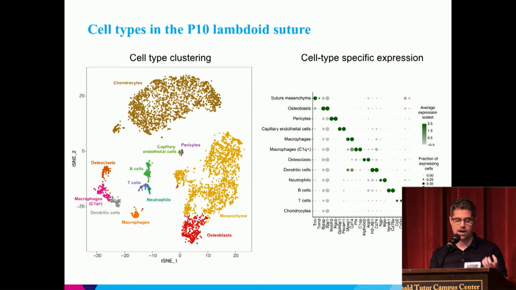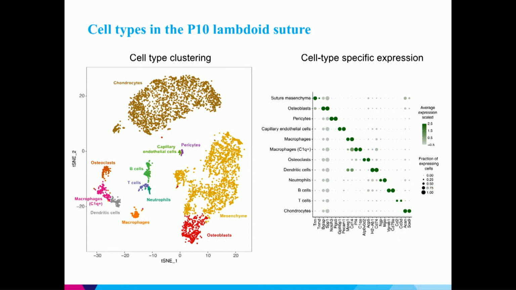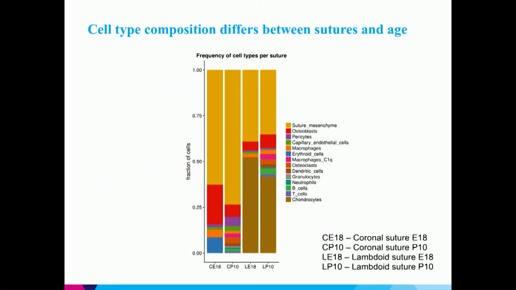This allows us to do a deep dive within each of the sutures and drill down into specific cell populations. What you can see on the right is that each of these clusters is associated with the expression of certain marker genes that are very cell type specific for each of these individual clusters. This allows us to generate new hypotheses regarding the expression patterns of those genes and how they're involved in regulating suture development. We can take the data from an individual suture, but we can also do a cross-suture